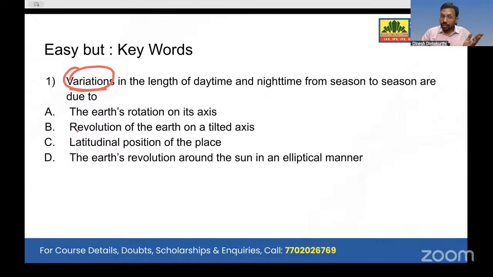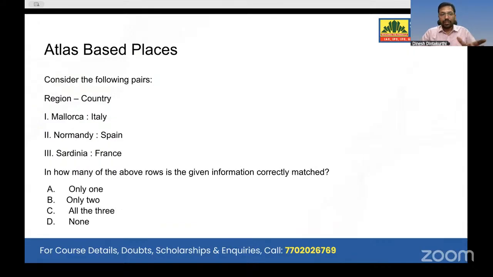So is it rotation or revolution? Once we add variations, then it will be revolution. So keywords are very, very important, not just going with the flow. Okay, day and night, this is the first chapter that I have learned, so obviously it is rotation, or it may be because of the tilt of the axis. Rotation plus tilt is a different thing, revolution plus tilt is a different thing. So keywords are very, very important. Now I'll take one more question from that class.